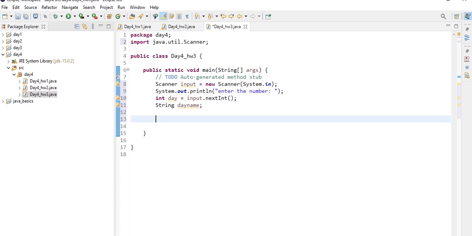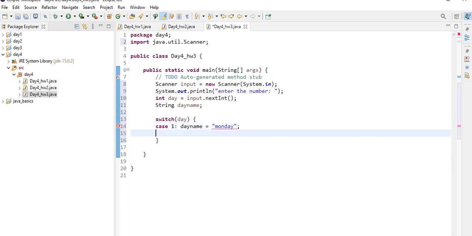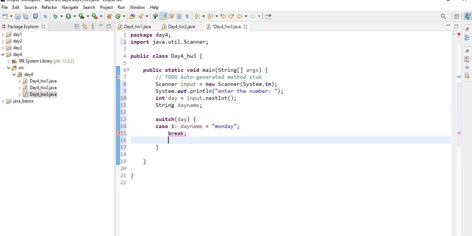And now let's keep switching on the day, that is switch day. And now first let's write the case 1. If it is 1, let's say Monday, that is day name is equal to Monday. And let's take the help of the break statement and break this.